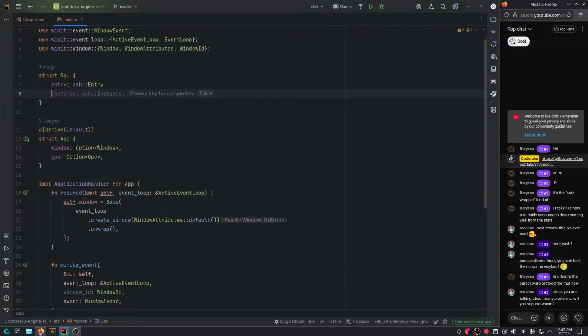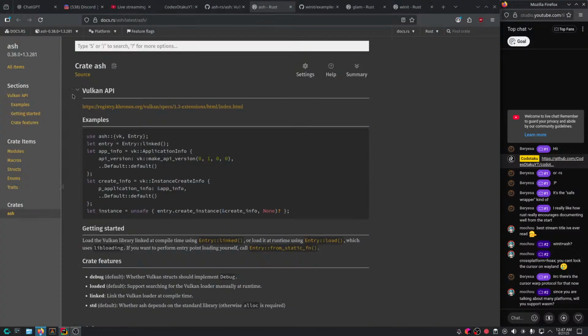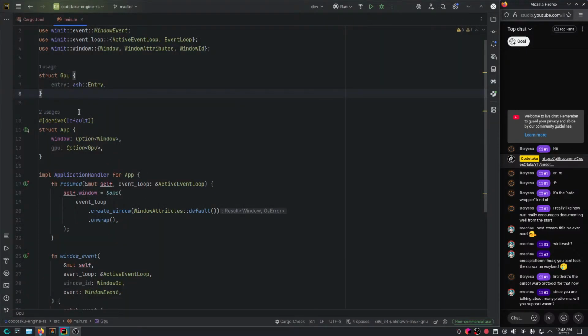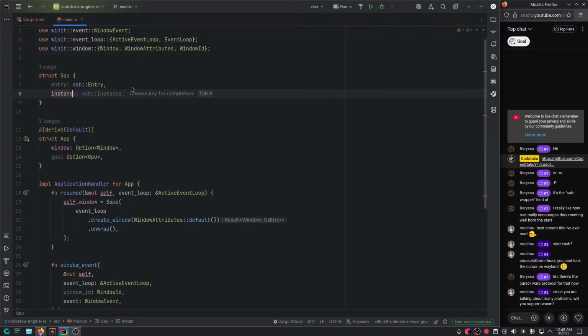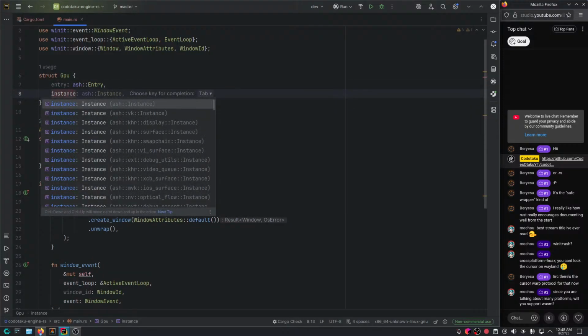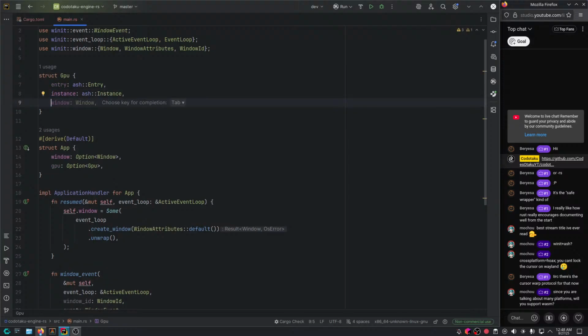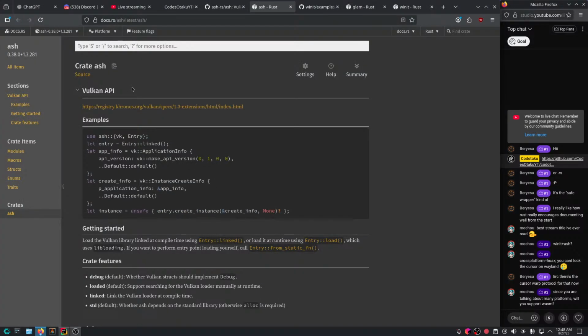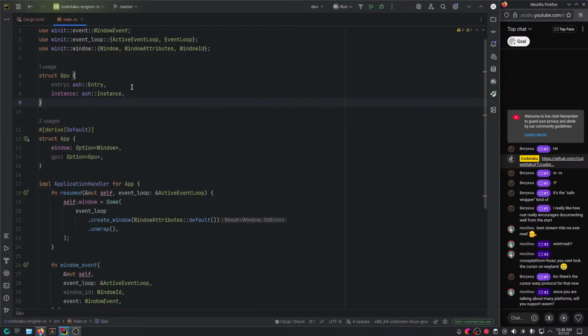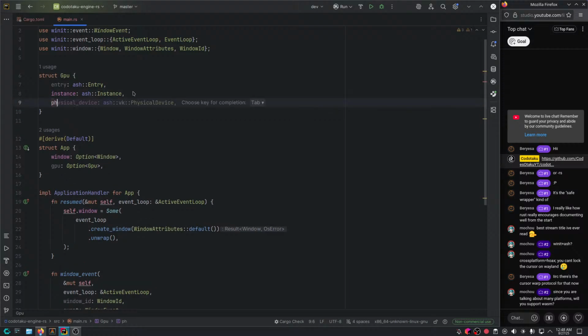There you go. This is like the library, so it's like the DLL of Vulkan. Next up, we need the instance, pretty much. So the instance is ash instance, right? I can't type today. And then what? Well, of course, we're gonna need, I believe, physical device.